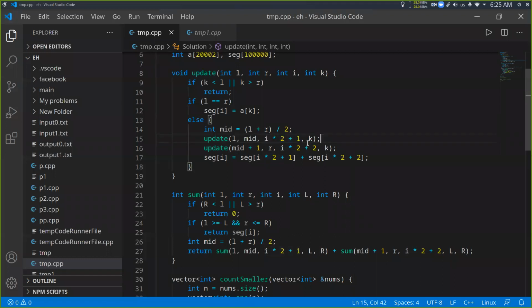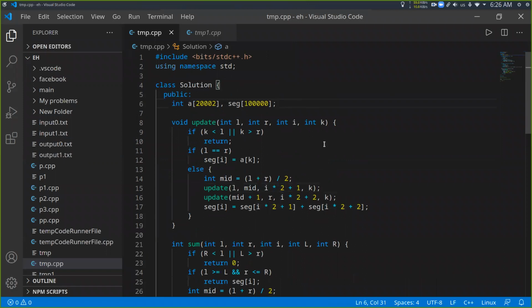I didn't get it, because I'm not good at CPP. Okay, so do you know segment tree? Yes. Okay, so here you are asking about this I times 2 plus 1, or about mid? Yes. Okay, so I times 2 plus 1 is just the index of my left child, because we said here that